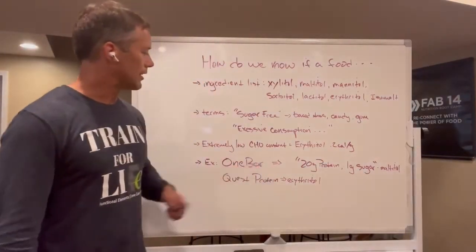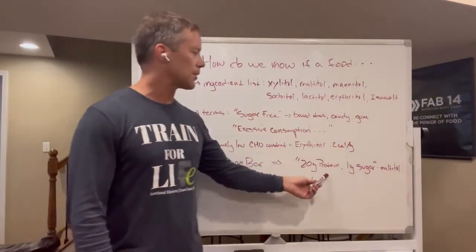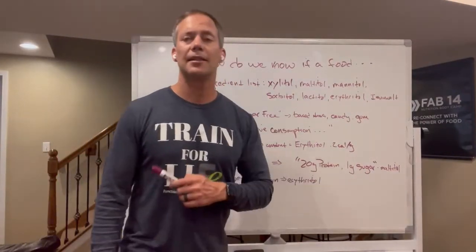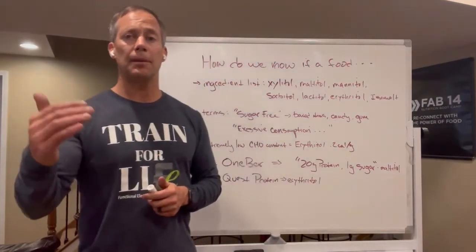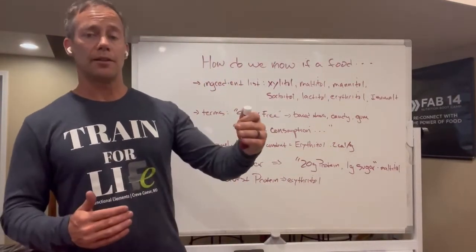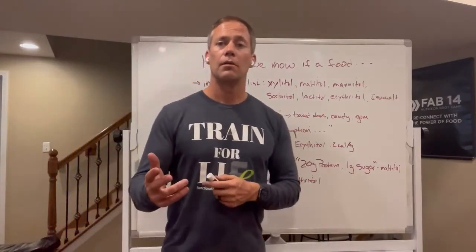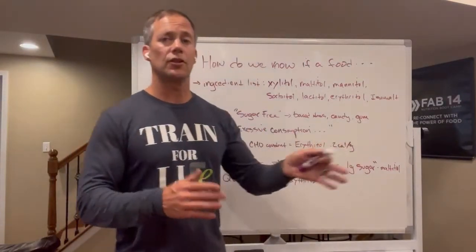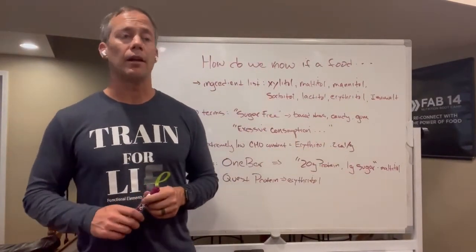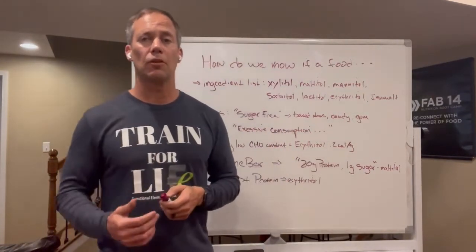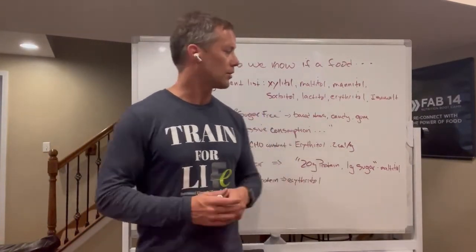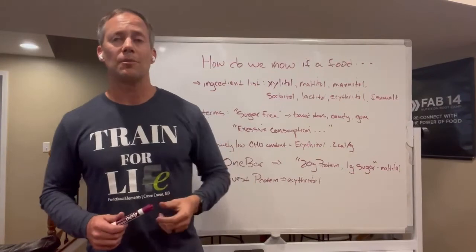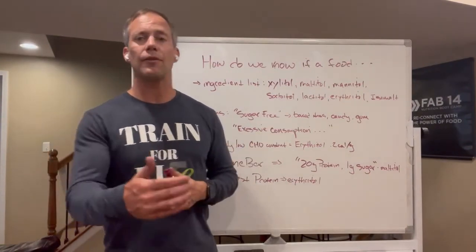And then you have another example of One Bar, 20 grams of protein, 1 gram of sugar. As it promotes, it uses 5 grams of maltitol, again, to keep the calories low and the sweetness up. So can I tell you, or should I say, if this is good or bad? It takes a little trial and error. If your digestive system handles this well, you want to keep your caloric content low, maybe look for items that have sugar alcohols. If your digestive system does not handle this well, then we're going to have to find another way, but that's